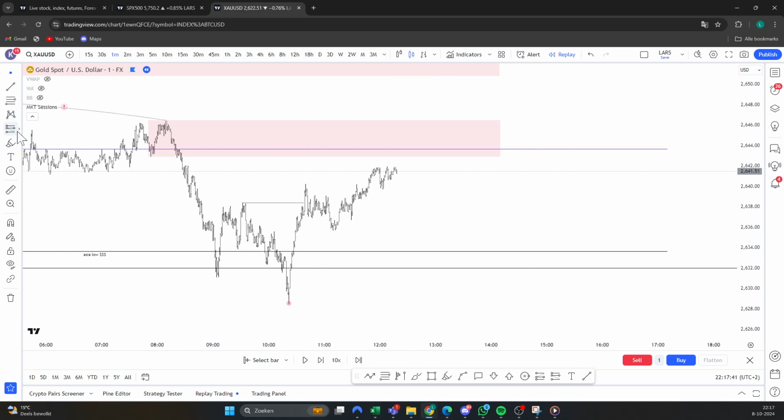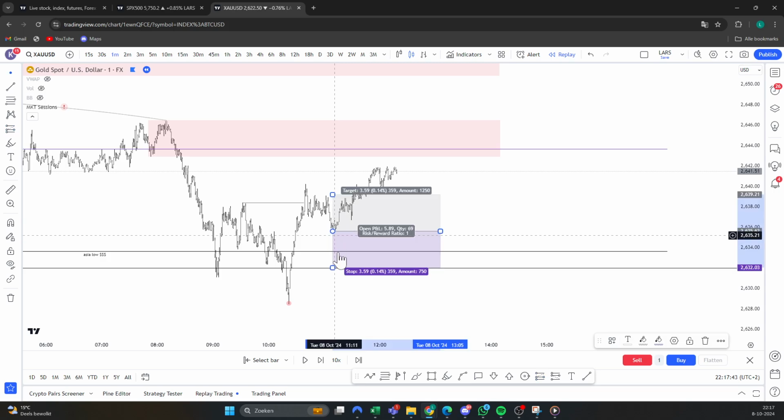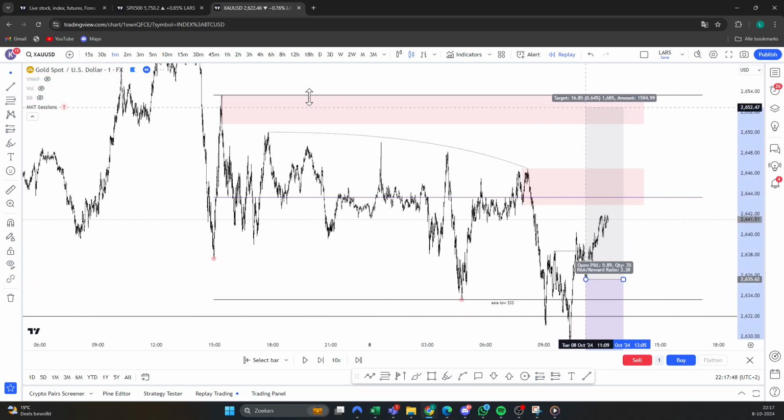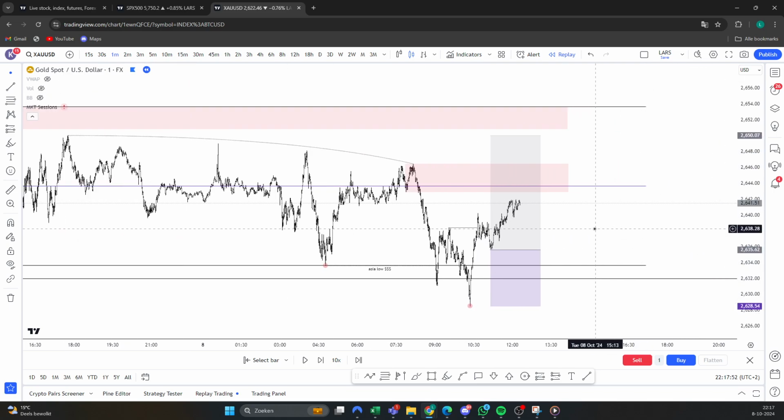Now, the beauty of it is I would have not entered, and I did not enter right here because the RR was a bit less good. You know, even if you entered here, your stop had to go here, and I would not even target the range high or target these highs. So it is a 2, but I want you guys to pay attention to the difference in the 2, because this trade, oh,